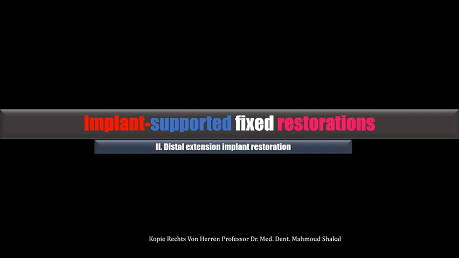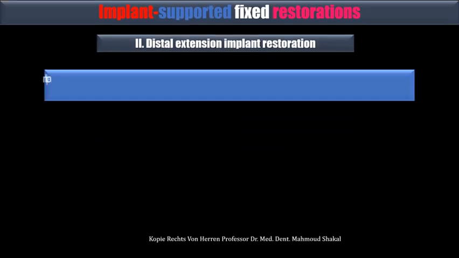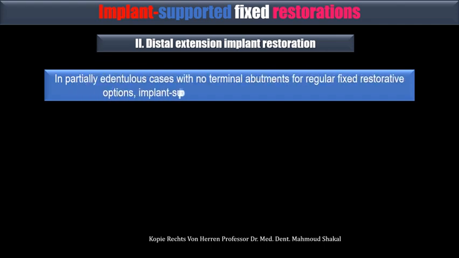Now we come to the next option of using an implant, in a clinical situation like the distal extension implant restoration. It is for partially edentulous cases with no terminal abutment for regular fixed restorative options. Implant-supported restoration offers a great advantage. That means in cases, for example, if the last tooth in the arch is tooth number 6 and you don't have tooth number 7,